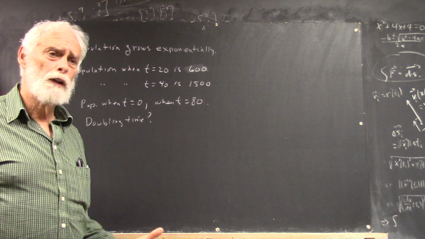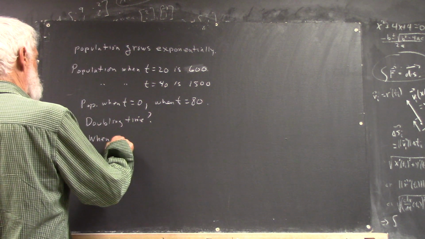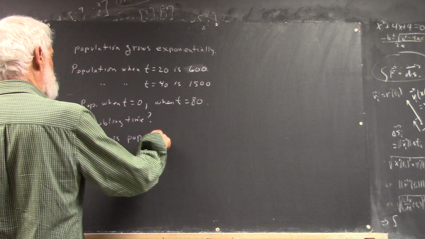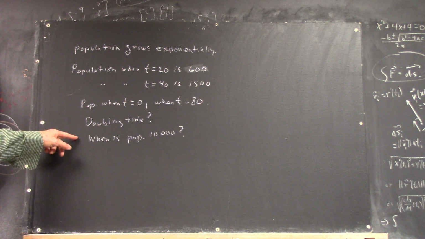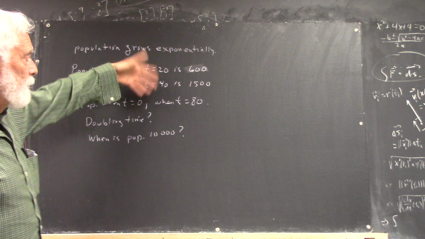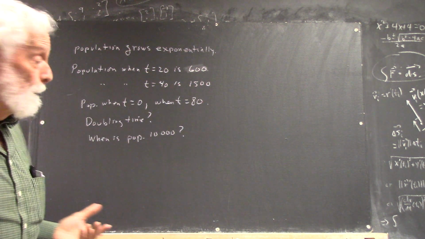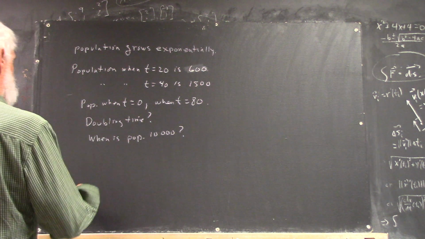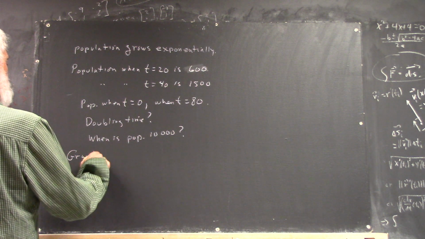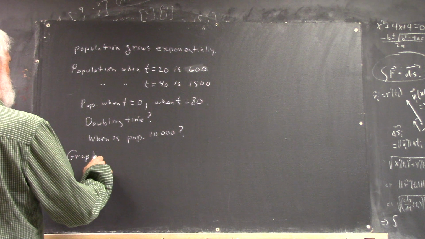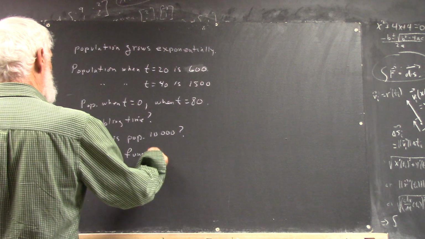And then, when is the population 10,000? Well, I could just do a bit of math or else my tutor will kill me. Okay. To answer these 2 questions, here you can just use simple ratios. Here you need the function, so let's find the function. Okay, well, a graph of the function